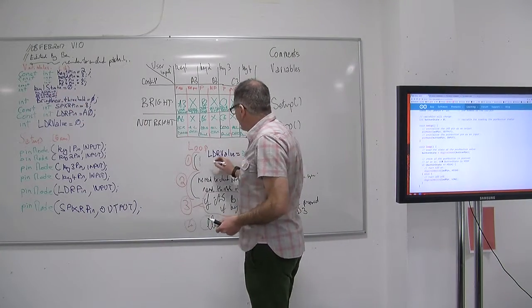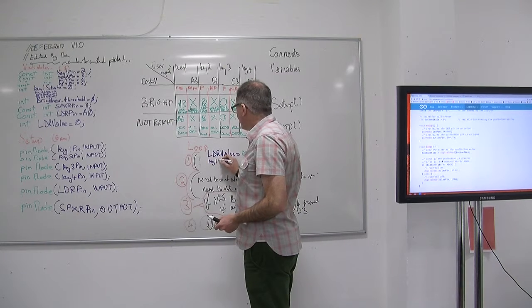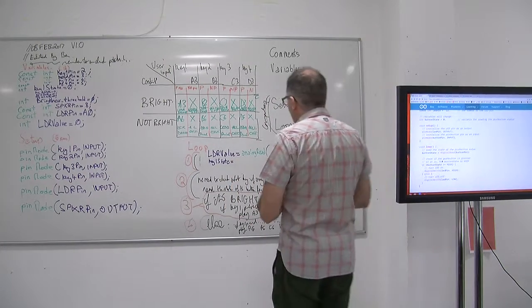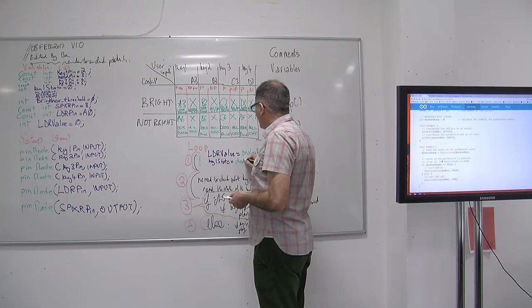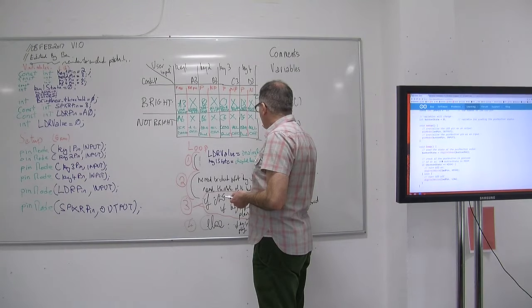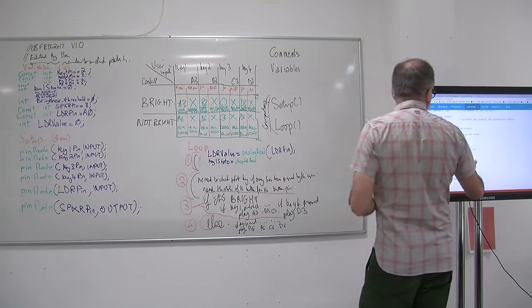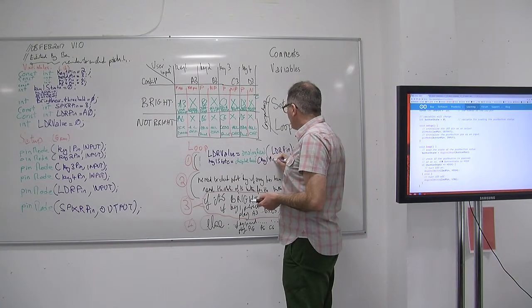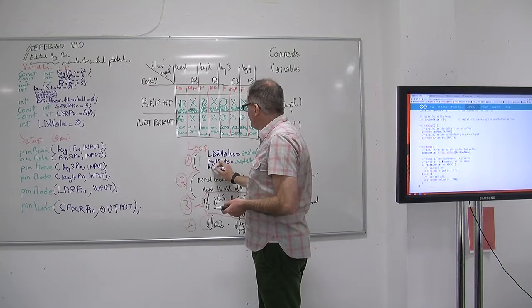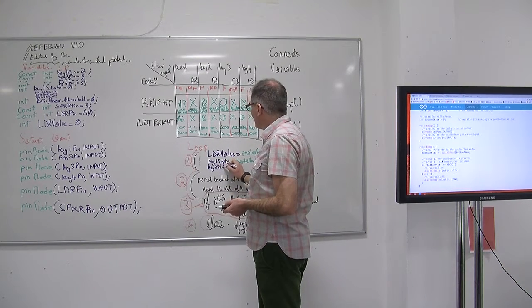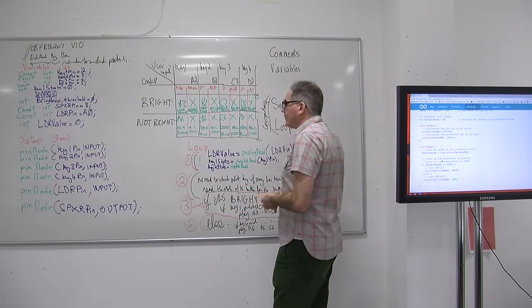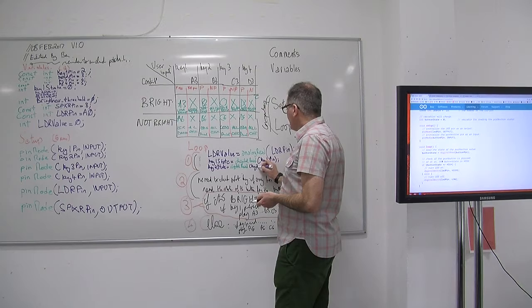So key 1 state equal digital read, and it's the button pin, so it's key 1 pin, and then key 2 state equal digital read key 2 pin,